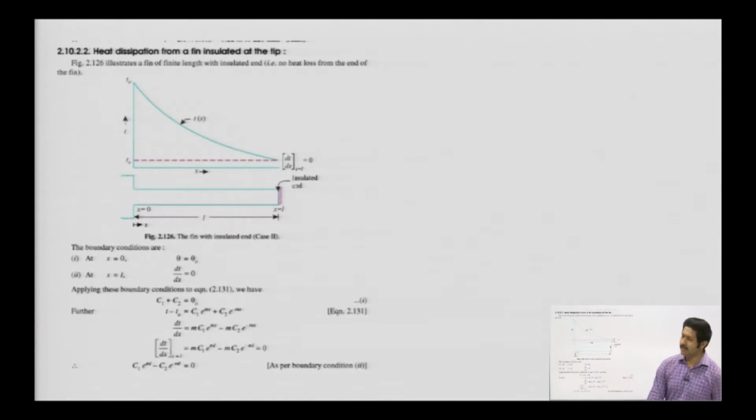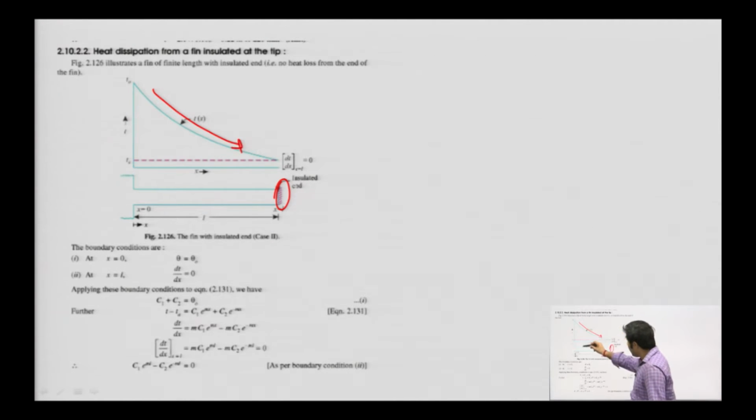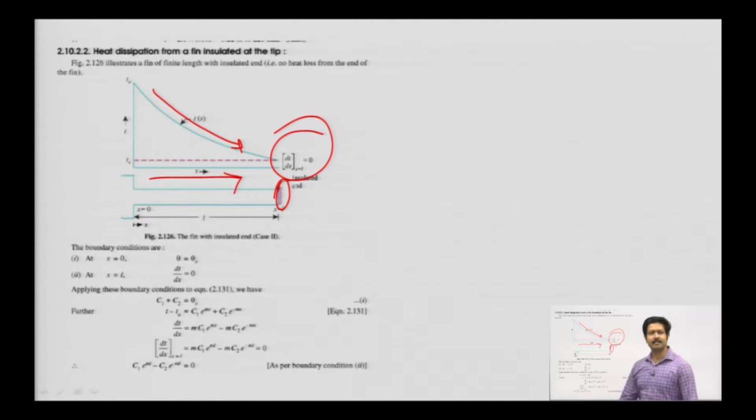So let's go like this. The heat dissipation from a fin at an insulated tip. So heat dissipation from a fin at an insulated end, see this is an insulated end. Insulated end means the temperature gradient will actually halt. The temperature gradient means when the temperature starts dropping and x starts increasing, at some distance x the temperature won't be able to drop further, just because the end is insulated, and we all know the thermal conductivity of insulation is the least.